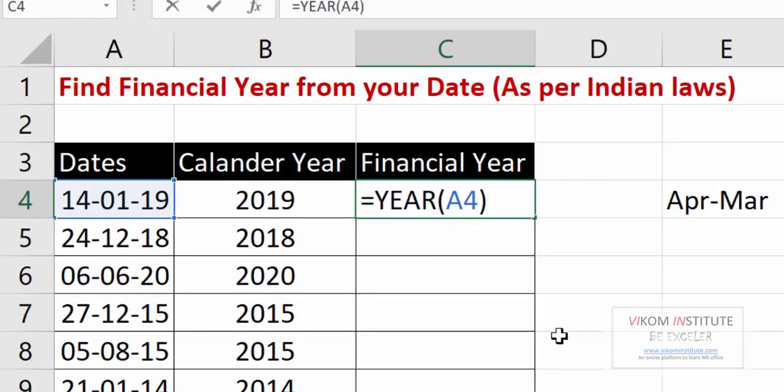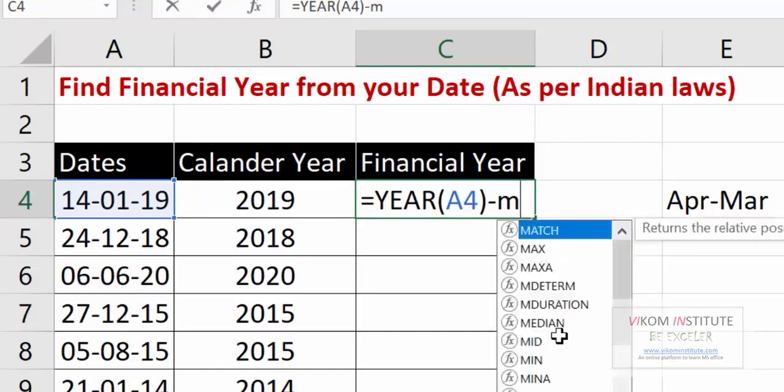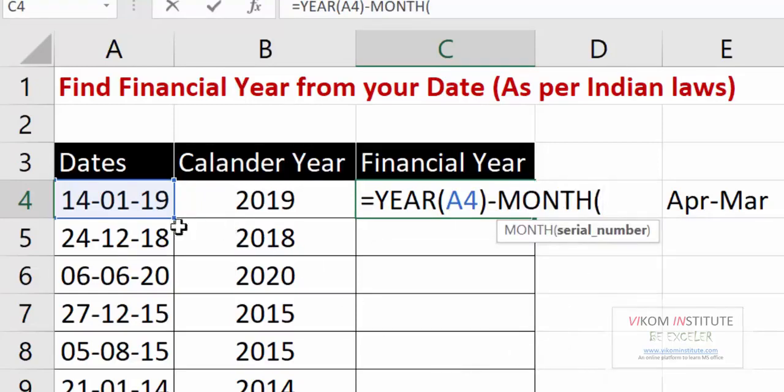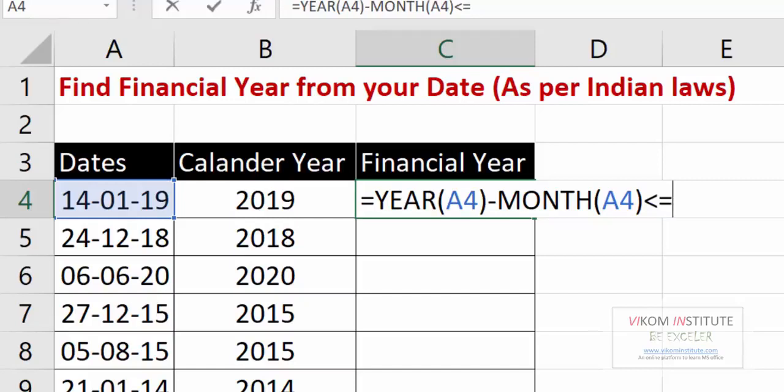Now I am going to use true and false. I am extracting my month from here. Is this less than or equal to 3?